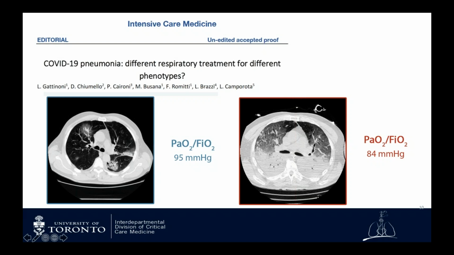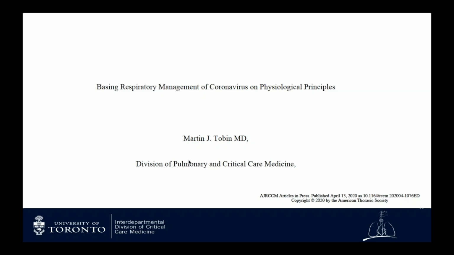But this patient on the left here does not have a lot of collapsed lung, but does have a lot of hypoxemia, which suggests that there's a vascular component going on here, with potentially loss of hypoxic pulmonary vasoconstriction and functional intrapulmonary shunting. We've also seen editorials written by Martin Tobin, one of the godfathers of ventilation, editor of the textbook of mechanical ventilation, who in this